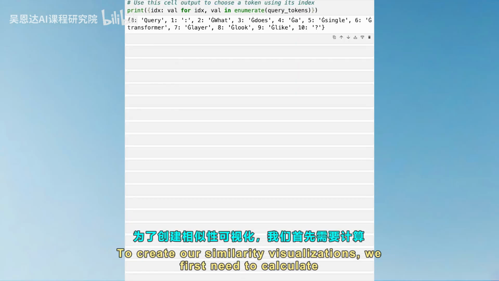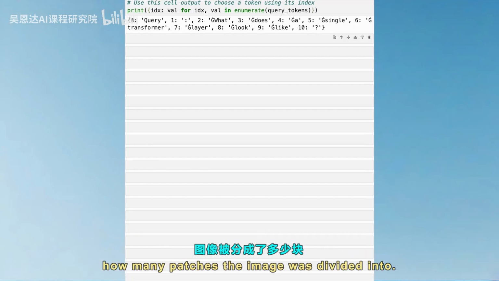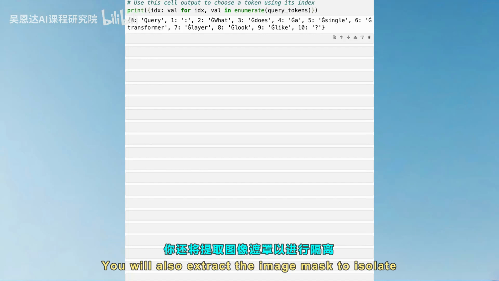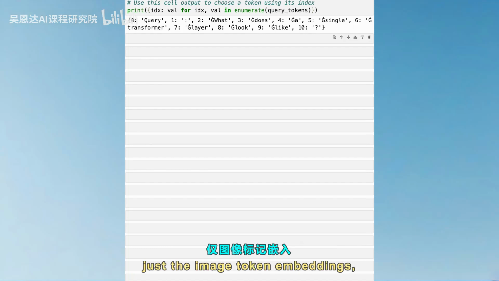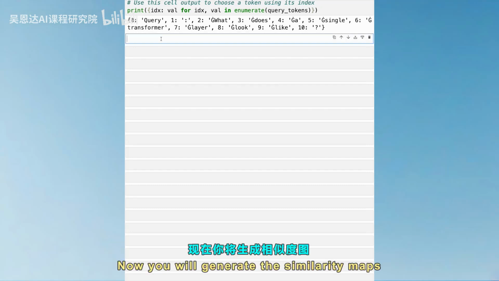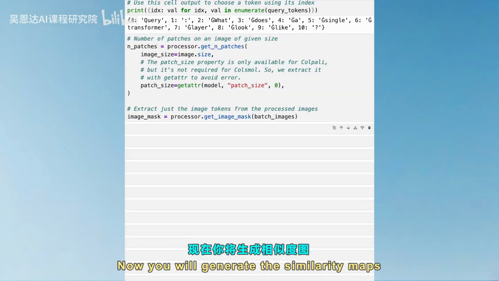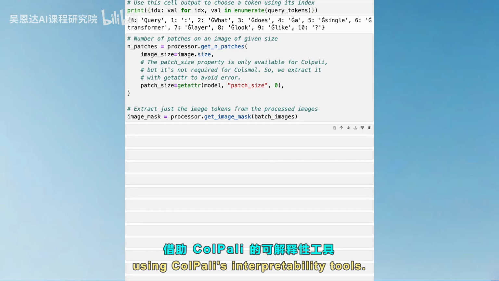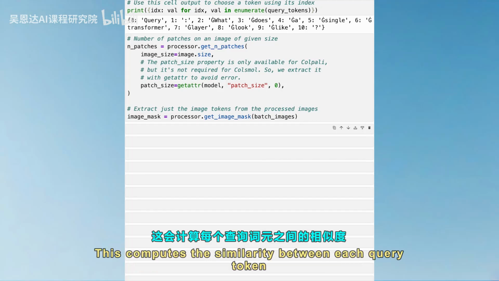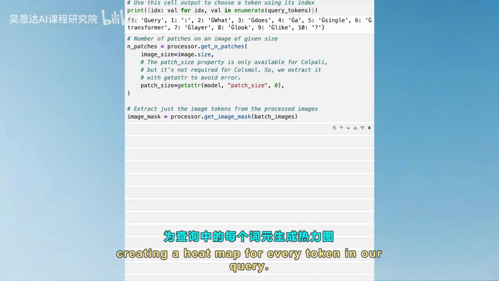To create our similarity visualizations, we first need to calculate how many patches the image was divided into. You will also extract the image mask to isolate just the image token embeddings, excluding the extraction tokens. Now you will generate the similarity maps using CallPaly's interpretability tools. This computes the similarity between each query token and each image patch, creating a heat map for every token in